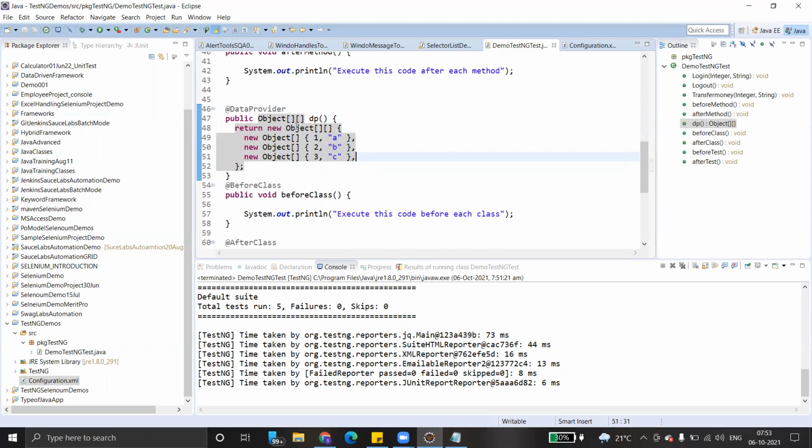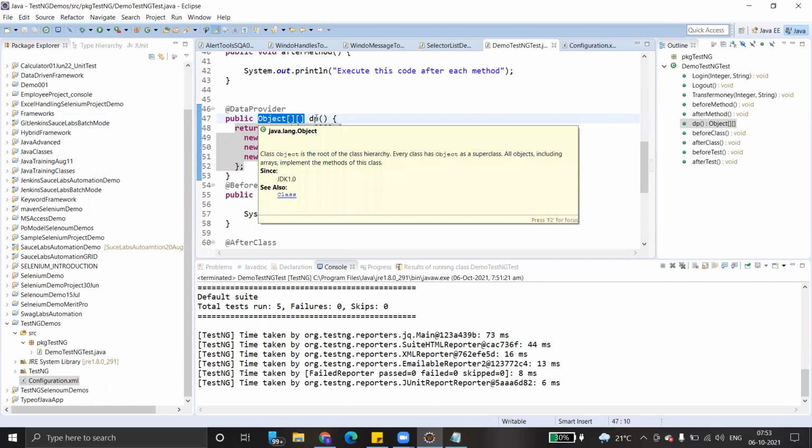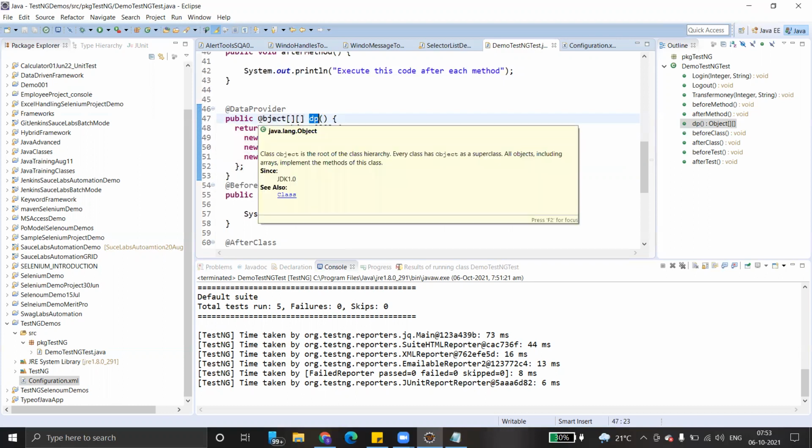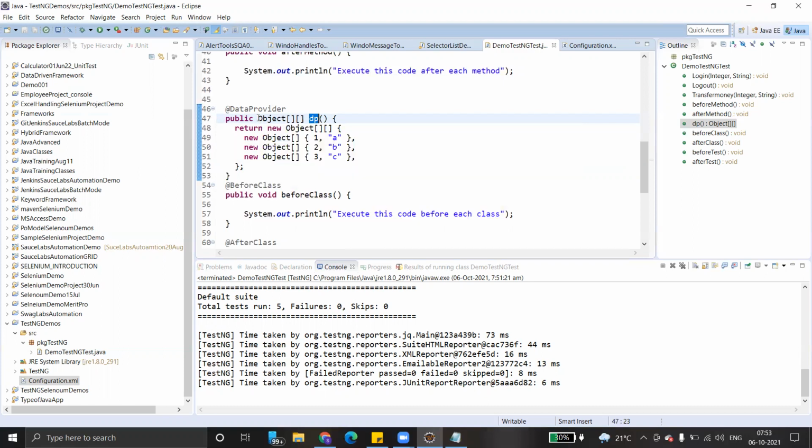There's no difference actually. Here it is public and a return type, Object. This is the name of the function. What is it returning? A 2-dimensional array.